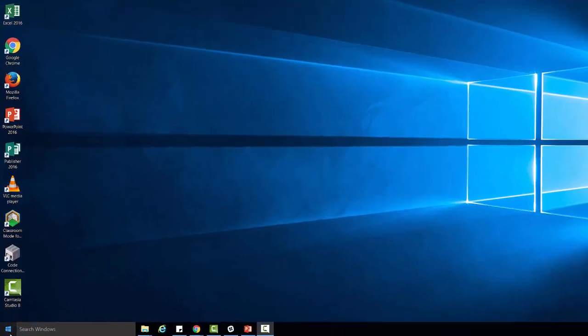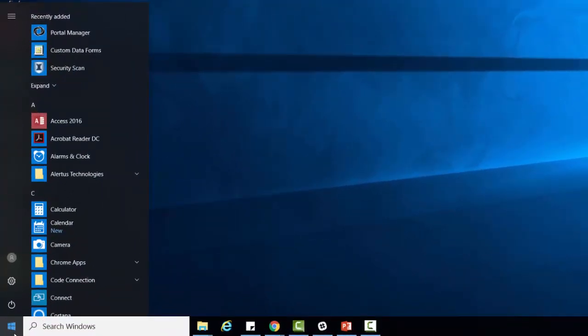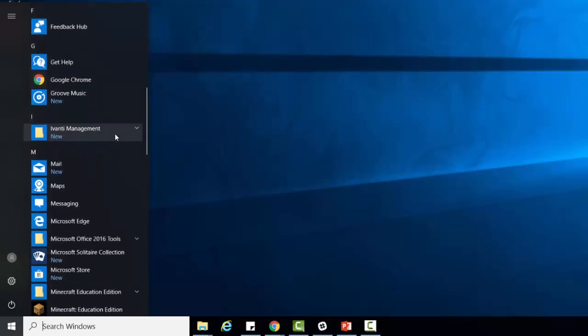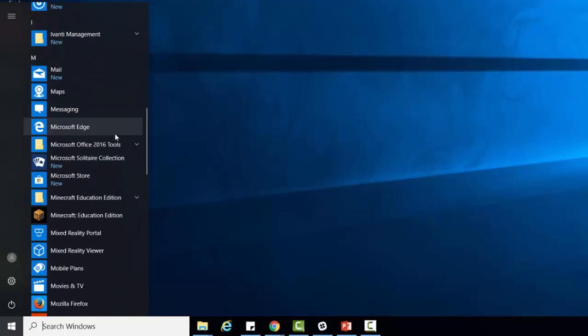You can consider this the analog of the original Windows 7 Start menu in that it shows both your recently added programs and applications and all of the applications available to you on your computer, in this case sorted alphabetically. This is also where you can find the power button for when you need to log off, a space for settings that are both for the computer and for the account.